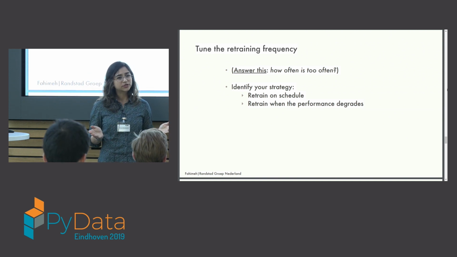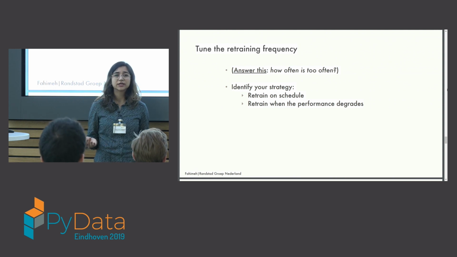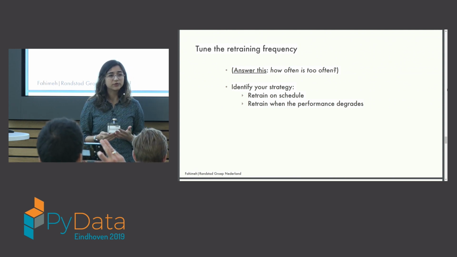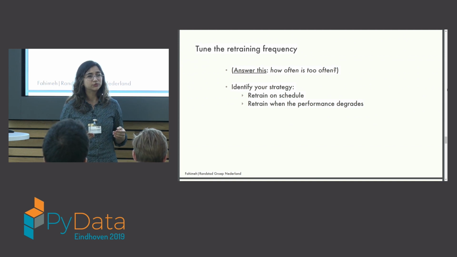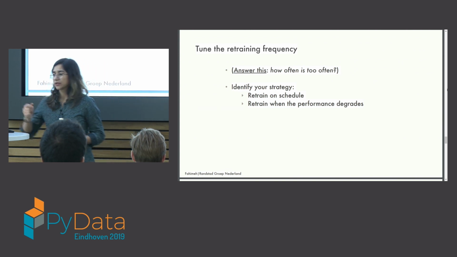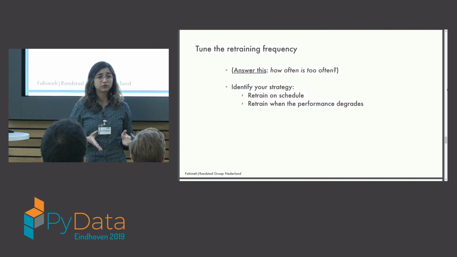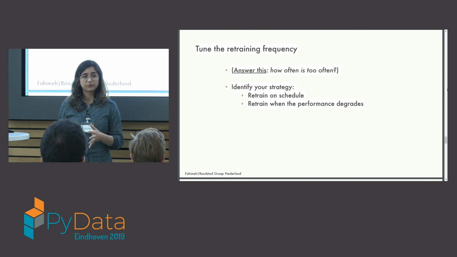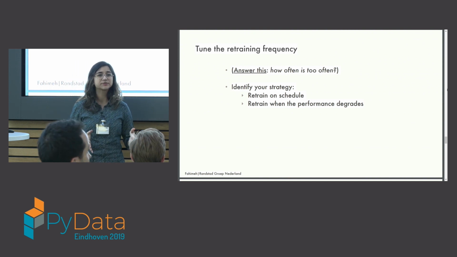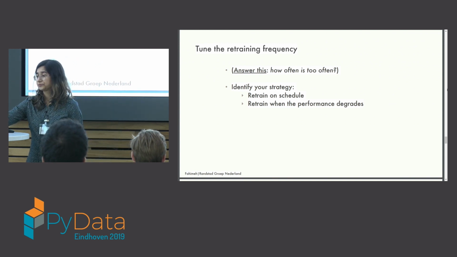These are some kinds of discussions that you should have based on the data you have. For example, if my data set is not changing at all in terms of distribution, maybe there is no need to retrain every week. So we should be more careful about how often we want to retrain. Because retraining is not only about the model, you also do a lot of pre-processing to make the data ready for the model, right? So all these steps are energy consuming, if not for a good purpose.